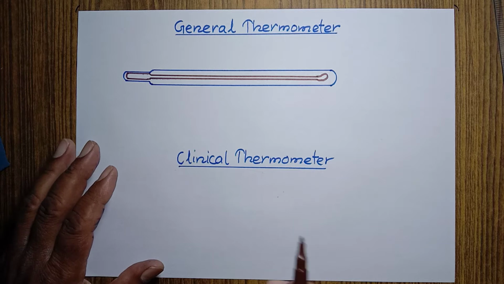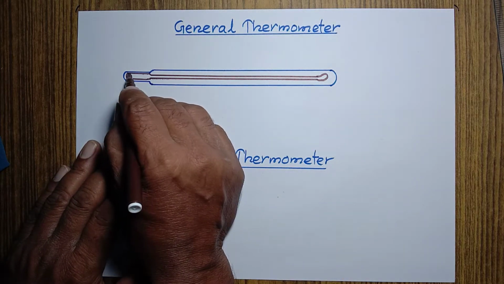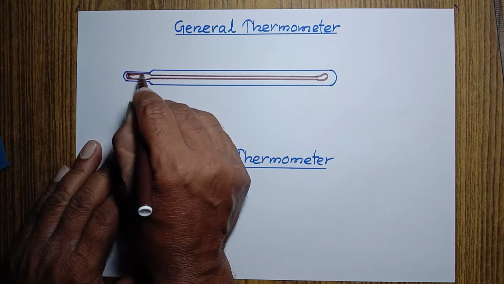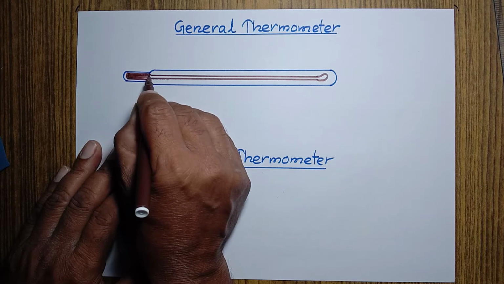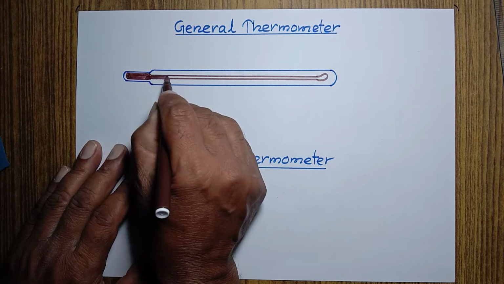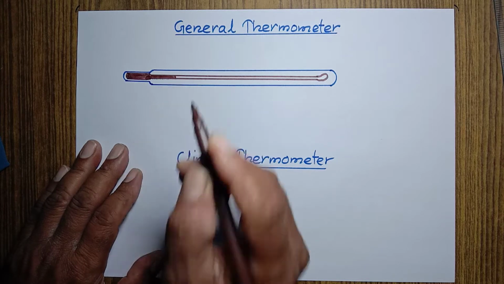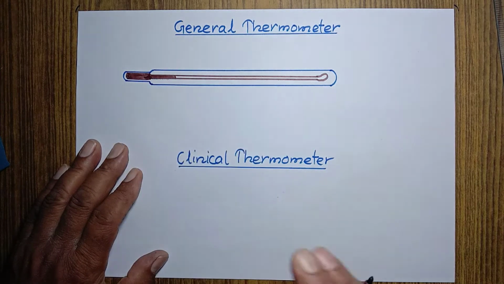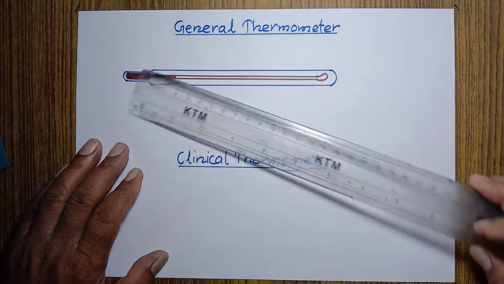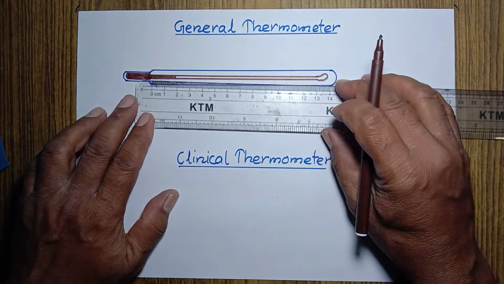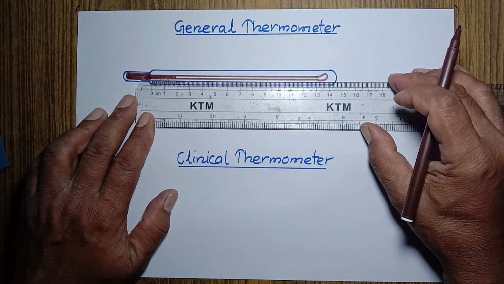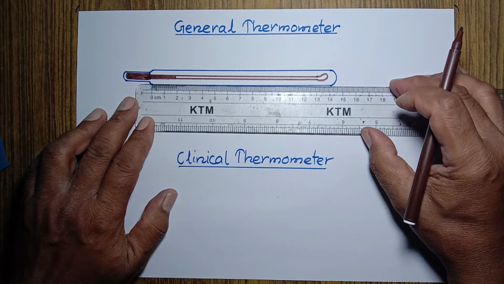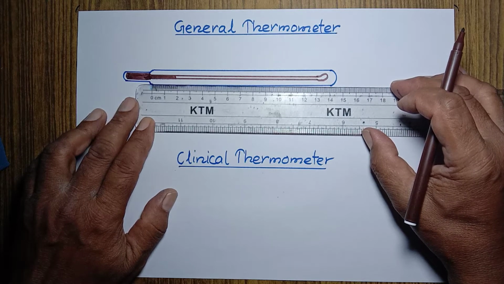Now let's talk in a little detail. This part, the glass ball, is a thin-walled glass ball which is filled with mercury, and that's why I'm writing mercury here. And let's show it up to a certain level also. Now this general thermometer is calibrated from -10 degrees Celsius to 110 degrees Celsius. That's why I'm going to show this